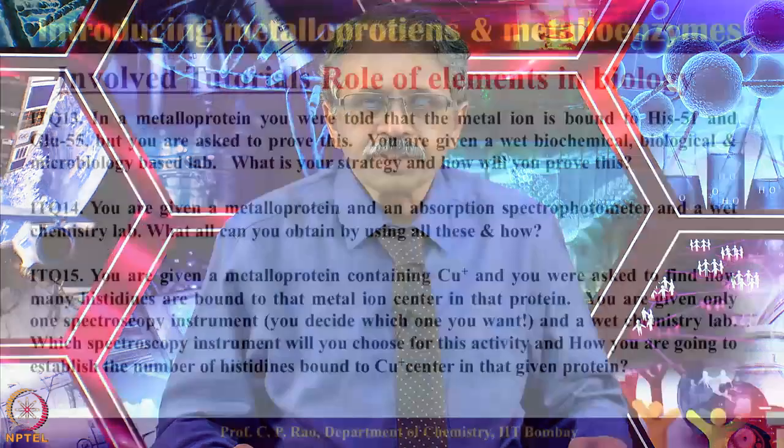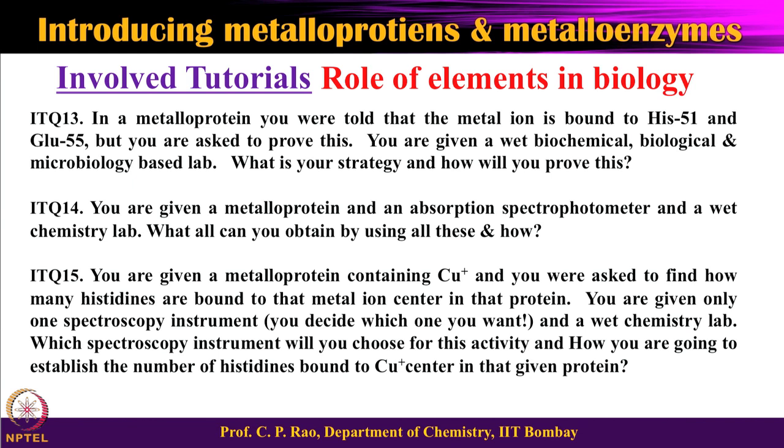In a metalloprotein, you were told that the metal ion is bound to histidine 51 and glutamic 55, but you are asked to prove this. You are given wet biochemical, biological, microbiological labs. What is your strategy and how will you prove this? Given the position, you need to change this position into a different kind of amino acid. So, how do you change one amino acid to another, and that is what is referred to as